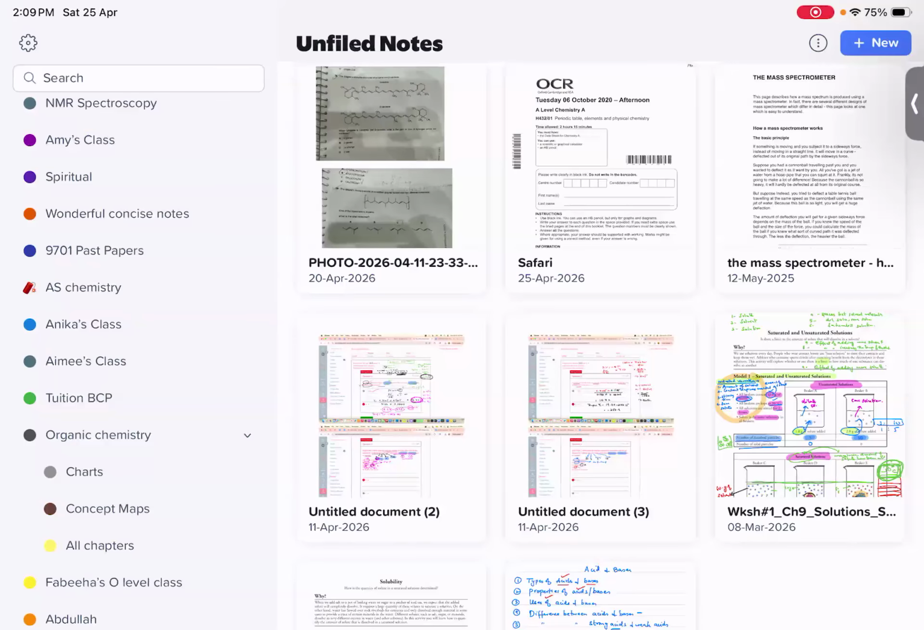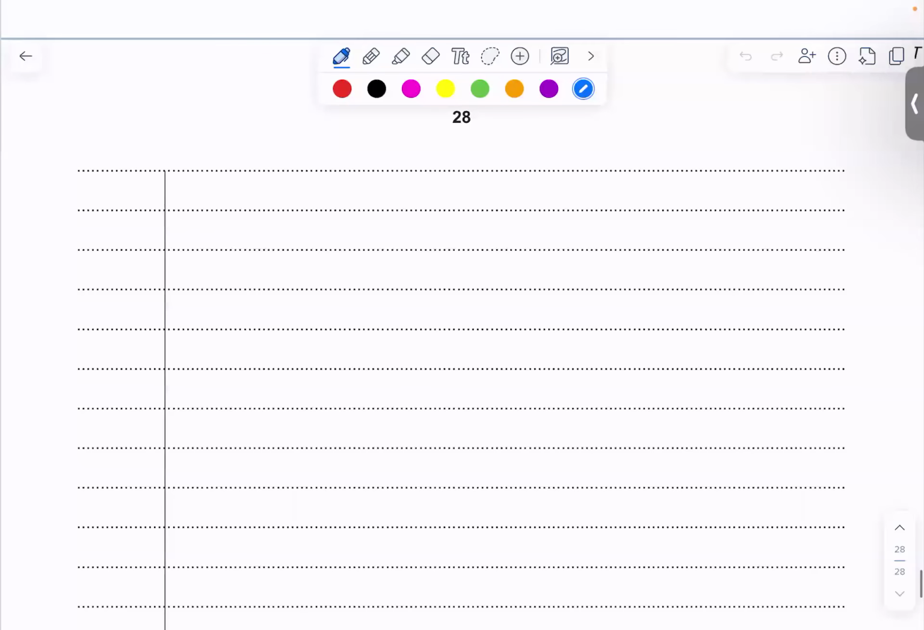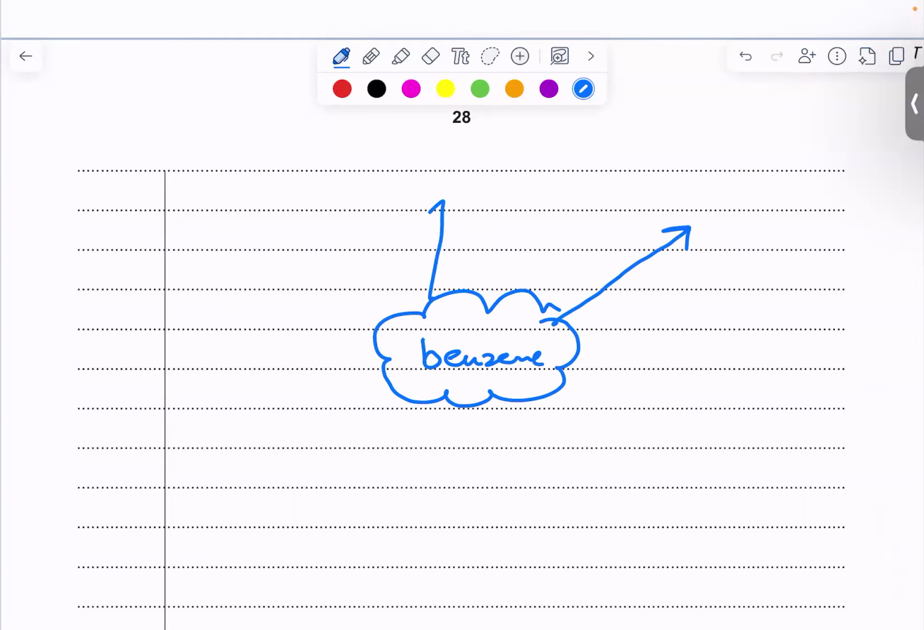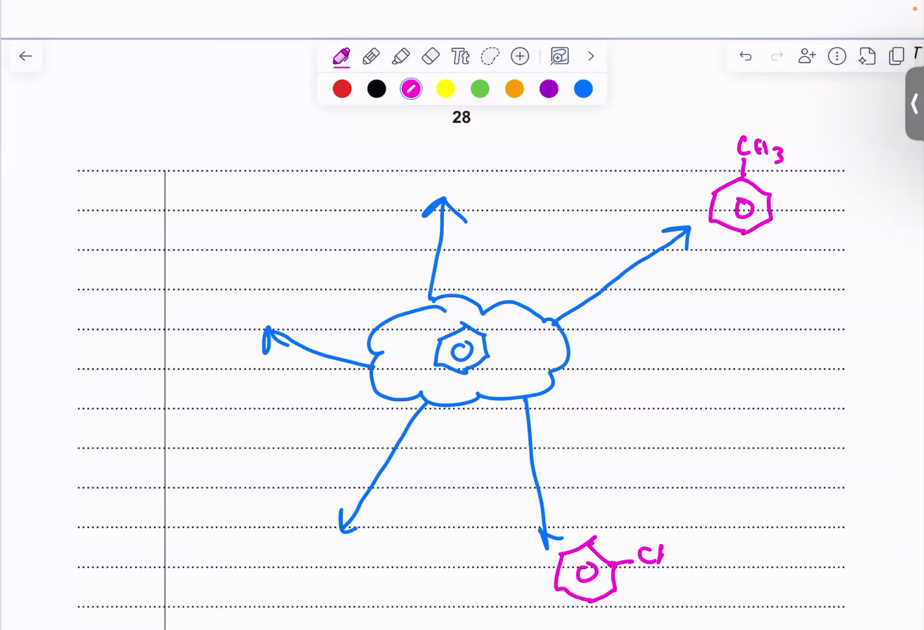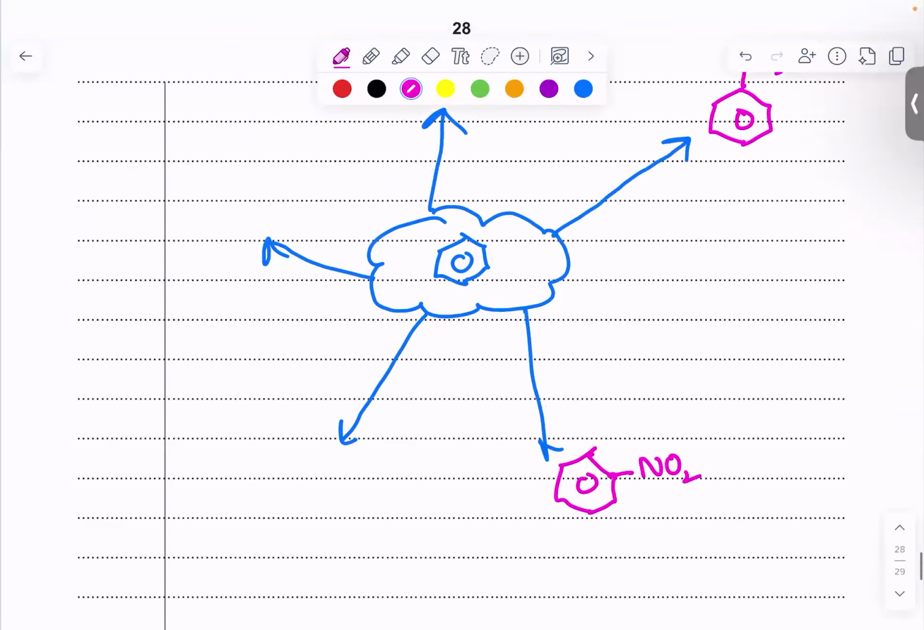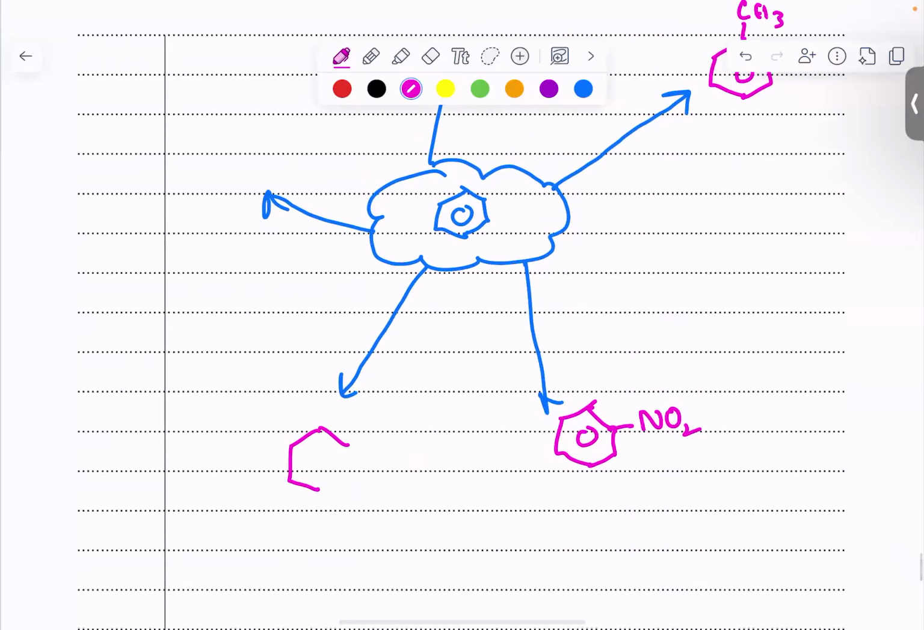So the other thing is, for example, if we have benzene, writing benzene in the center and then taking out the arrows and writing like this. Even instead of writing benzene, let's write like this. Then how to get this nitrobenzene? So in this way you can do it, or for example, how to get